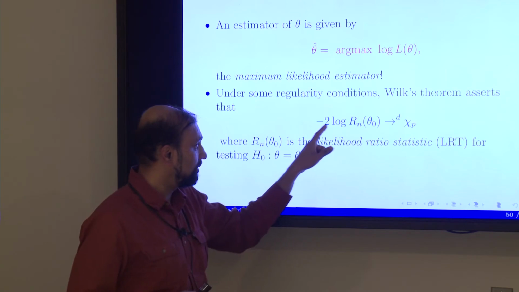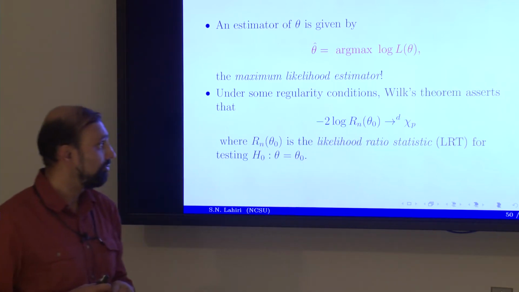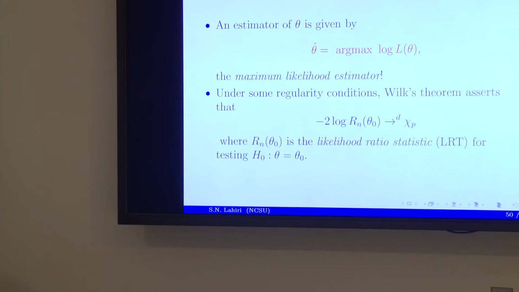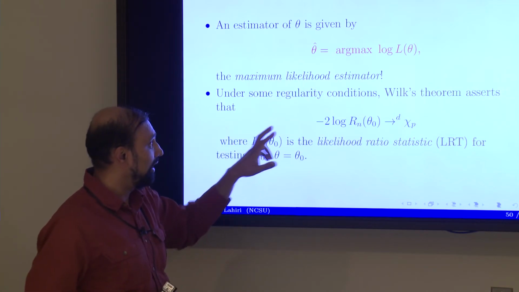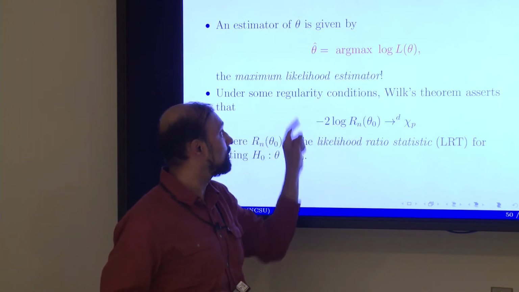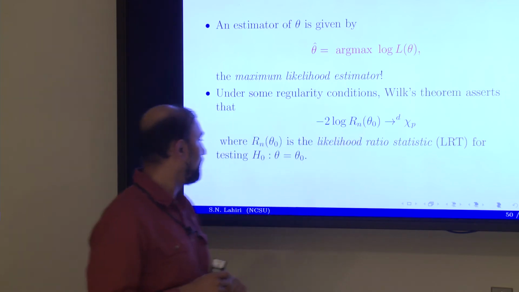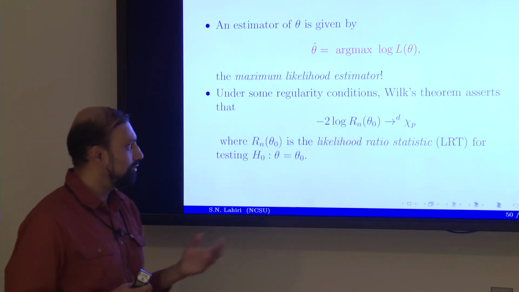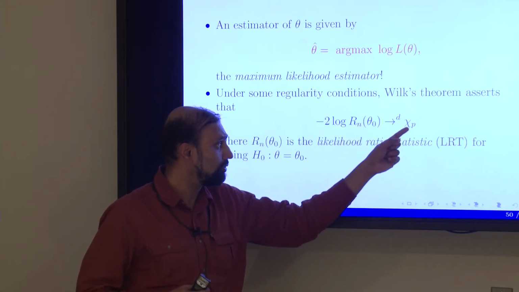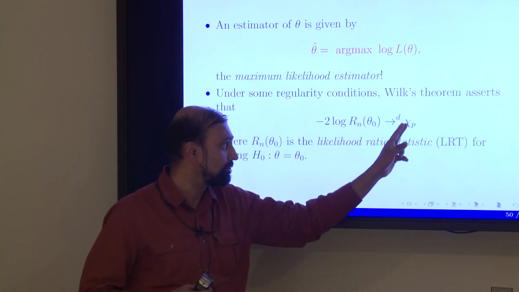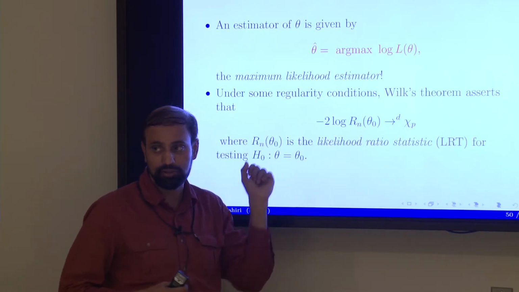Then under H naught, this is going to converge to a chi-square distribution. So you have a model, you have a criterion function that you optimize that gives you the MLE, for example. And again, you make use of this likelihood function, plug in MLE and also L of theta naught. That ratio is something that you compute, and negative 2 times log of Rn of theta naught will go to chi-square p, which is free of parameters. You use the quantiles of this to come up with a test for this quantity.